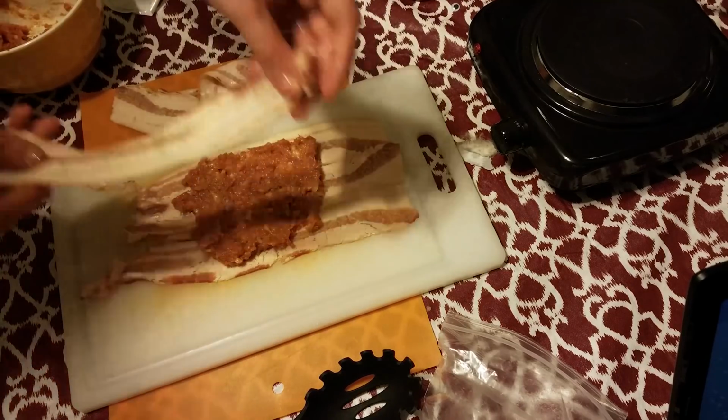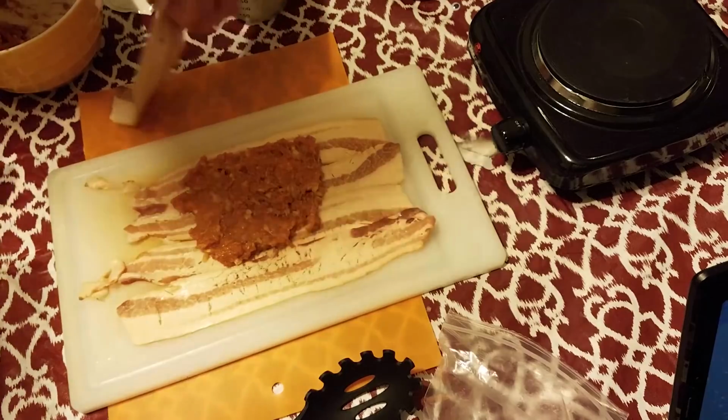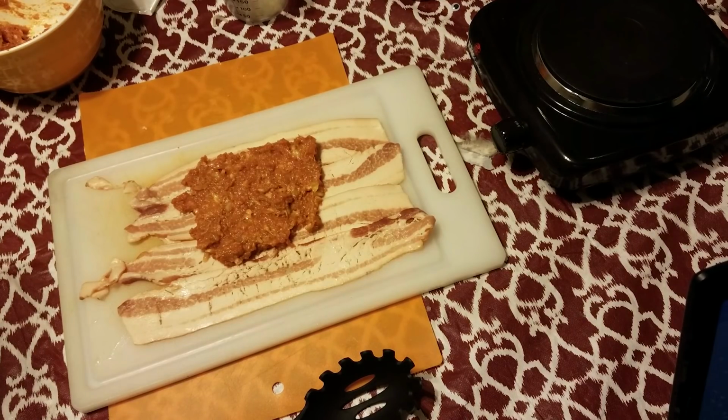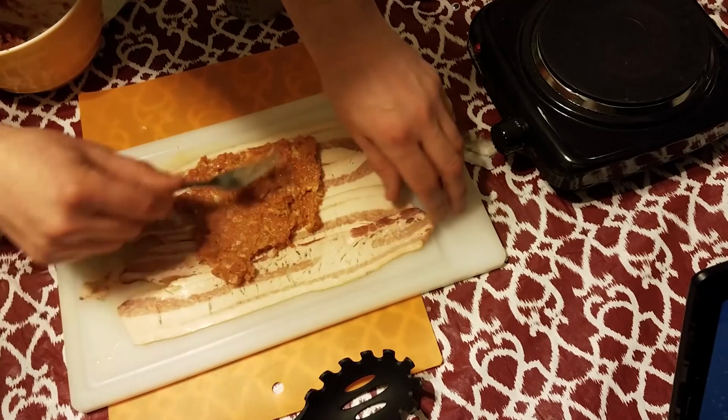Now, my cutting board wasn't long enough, so I needed to use 2. Just get the biggest one that you have, I guess. And I used 4 regular slices. Make sure there's no gaps in between the slices of bacon. You might want to ever so slightly have them overlap, actually, just to help with the structural integrity of the